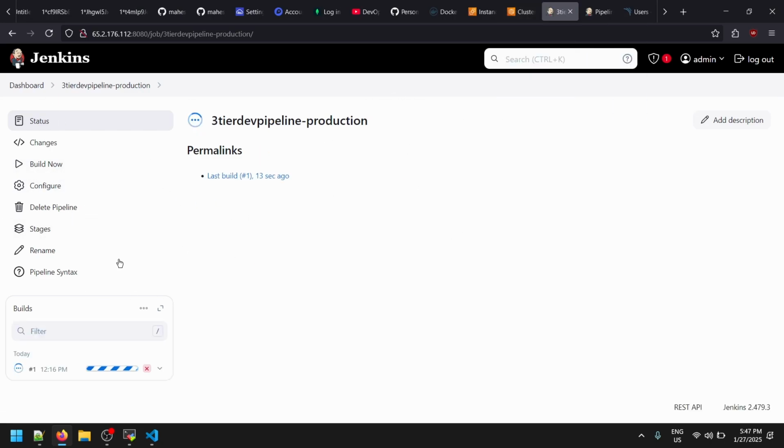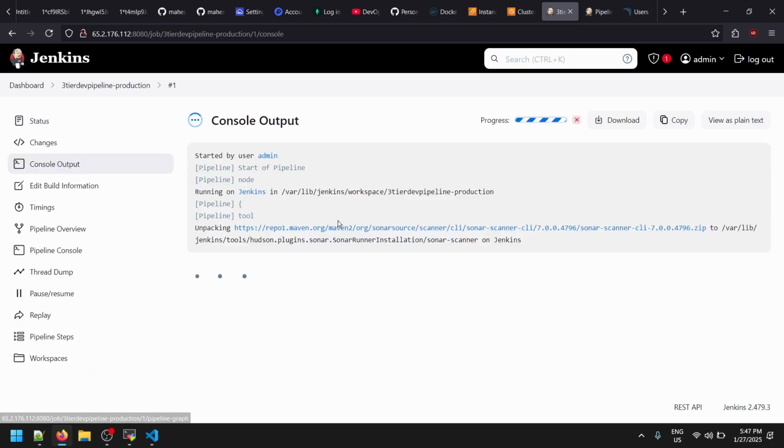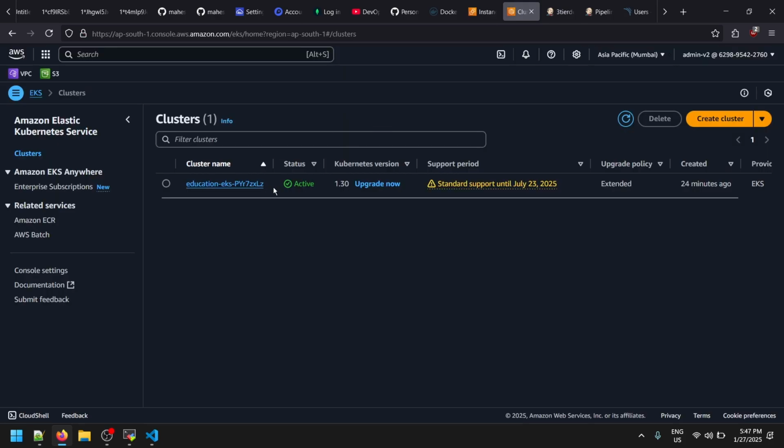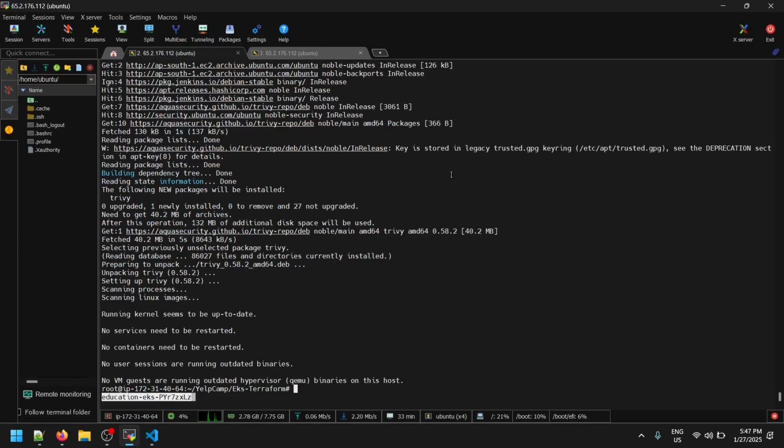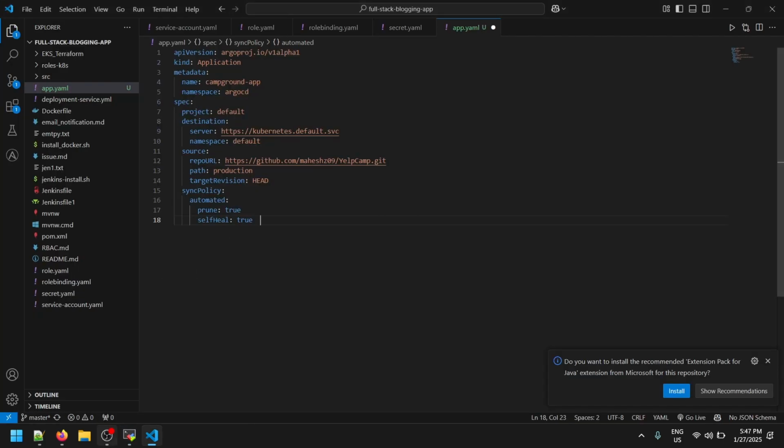So let me refresh this. Yeah, build has been started. So it is installing the Sonar scanner and the plugins. No worries. Just copy this cluster name and paste it on your terminal. After that, just what we need to do now, you can say